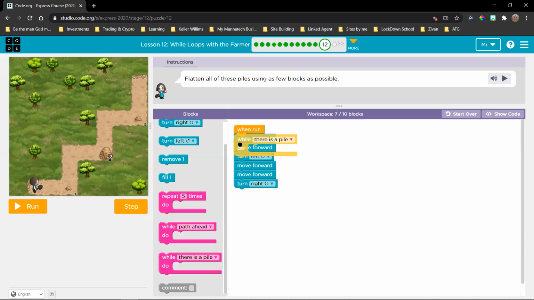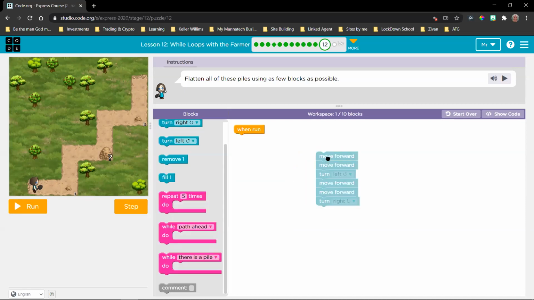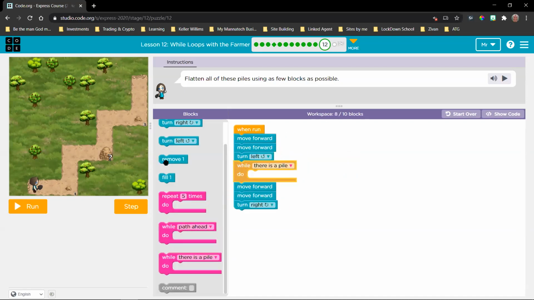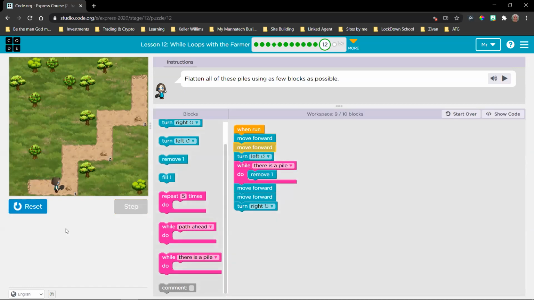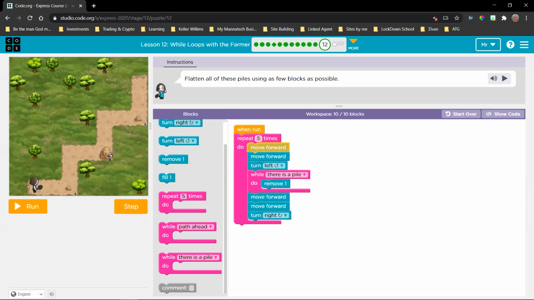Now remember, you don't want to place this entire thing in a while block, because this is going to just make it move as long as there's a pile on this, which is not what we want. So what we really want to do is do this. Or we want this before that turn left. Now we want to repeat this entire thing 3 times.